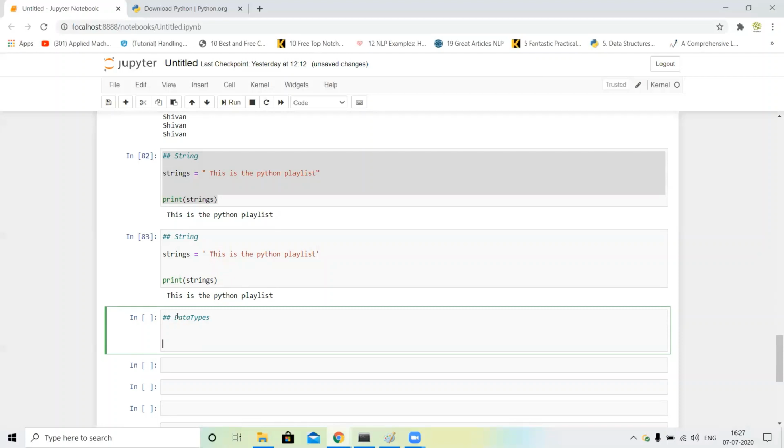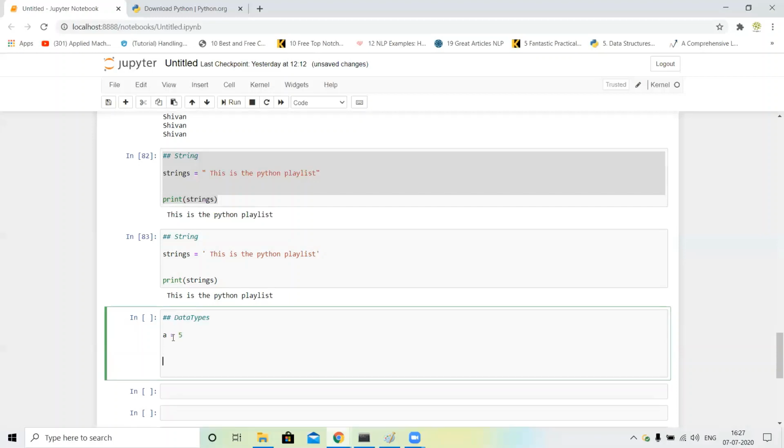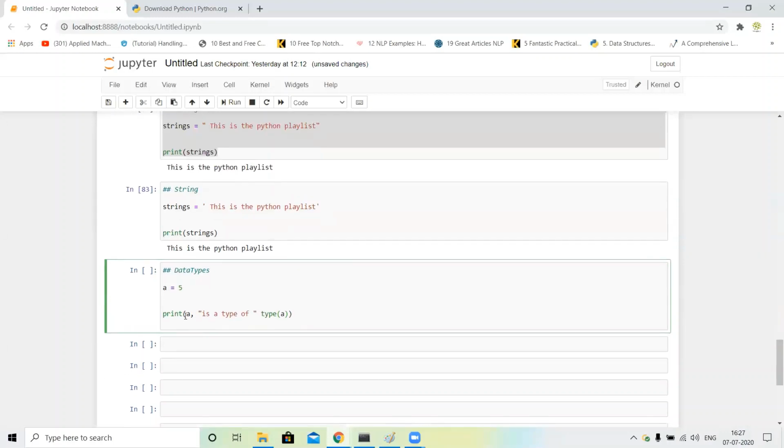There are various data types in Python, like int, float, complex, etc. So I just assign a equal to 5, and then I print a is a type of, and just call type of a. You can see our output is 5 is a type of integer.